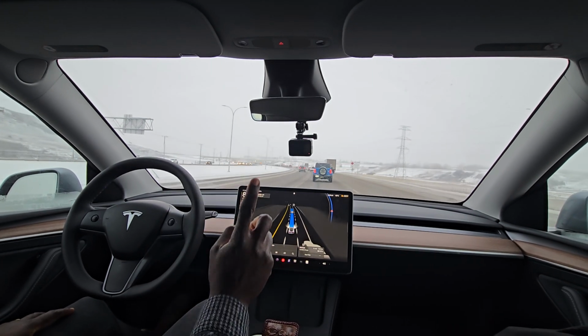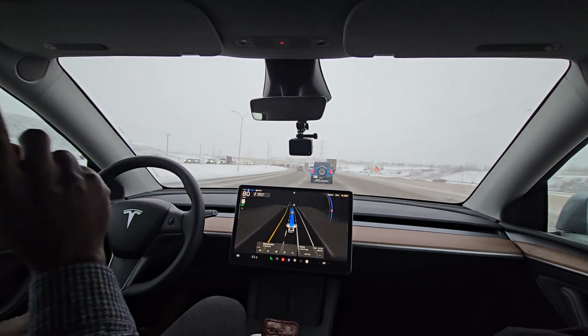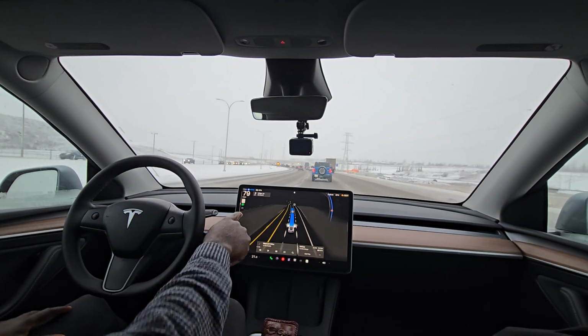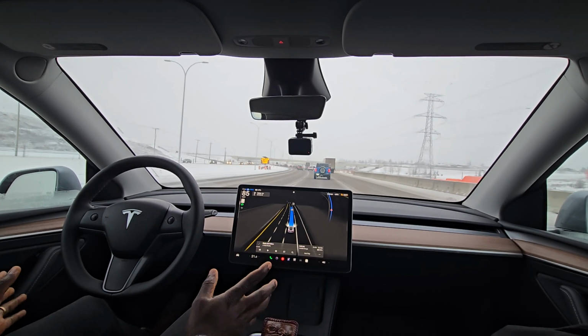Okay, now this is a construction zone. The maximum here now is 80. But then I do not think the car recognizes that because it's only just moving, following the flow of traffic. It's still showing maximum 110. So another thing,